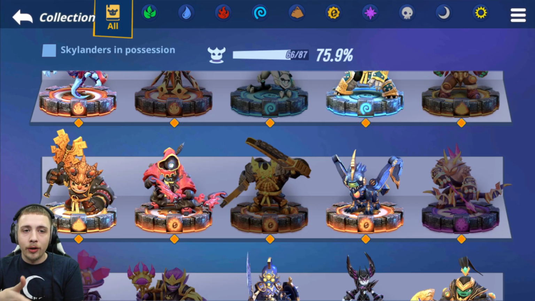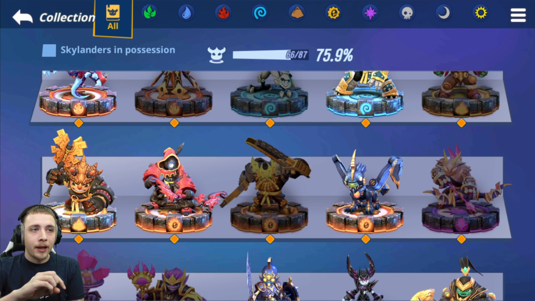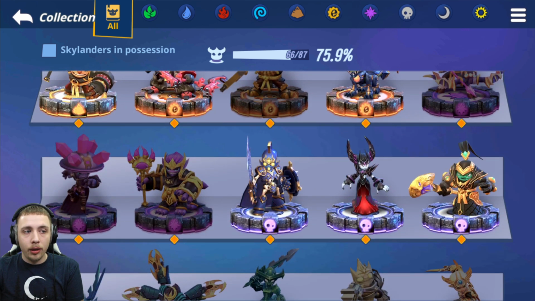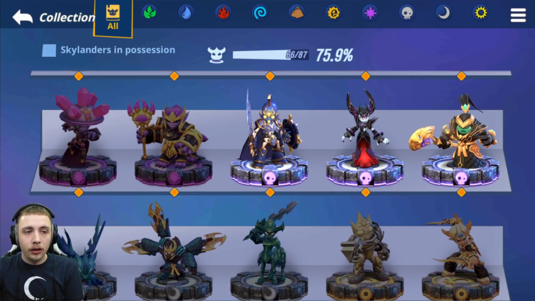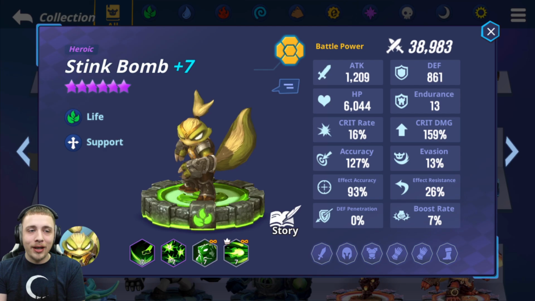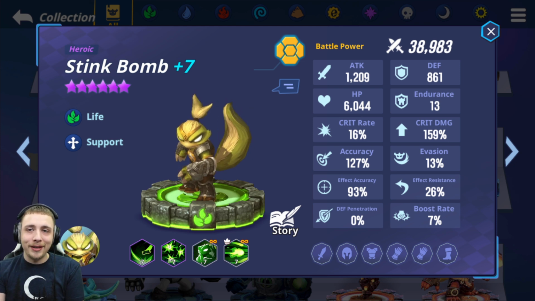And now the next one I want to go over, but just also remember that this is in no special order. As far as these 5 heroics go, you can't go wrong in building any of them, especially starting off, because they all are fantastic Skylanders, and they will literally be used throughout the entire game, whether it's PvP or PvE. When they add new content, guild content, they will always be usable, and that's why I put these as the best 5 starting heroics. Next will be Stink Bomb, and you guys already know that Stink Bomb, hands down, is one